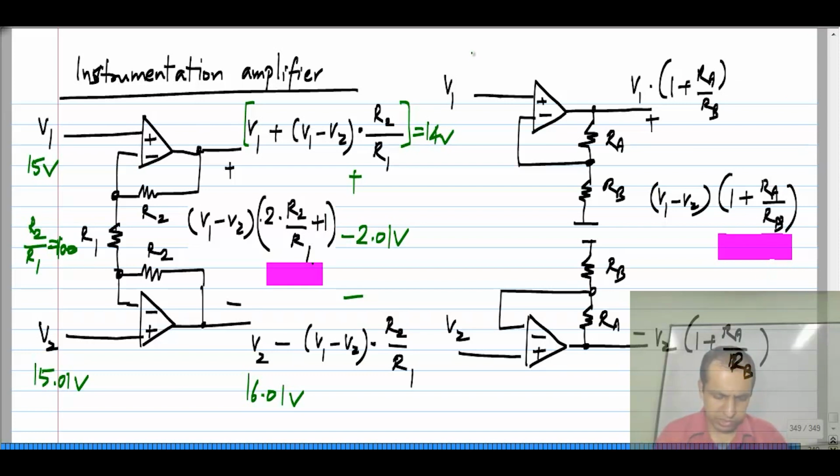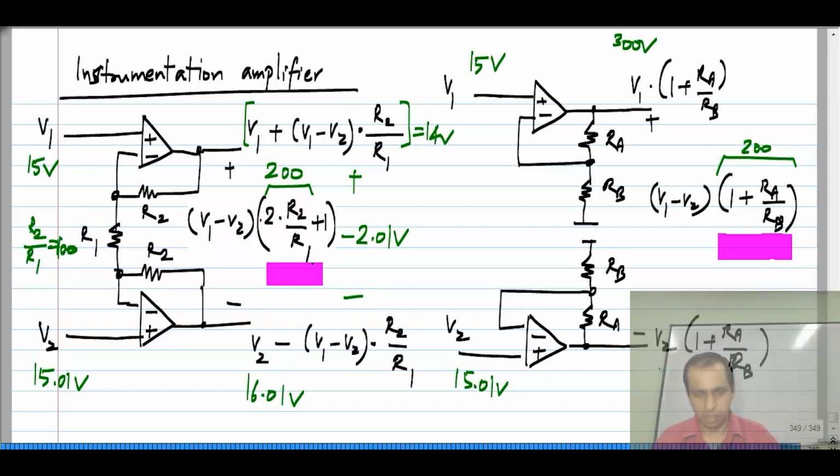Now, if we do that in this case, let us say this is 15 volts, this is 15.01 volts, and I set this 1 plus RA by RB to be the same as 2 times R2 by R1, which is 200, because R2 by R1 is 100. So, this is 200, right. So, that means that the output should be 15 times 200, which is 300 volts. And this one will be 15.01 times 200, which is 302 volts. So, you can see that the difference output is minus 2.01 volts here and minus 2 volts over there, 300 minus 302,